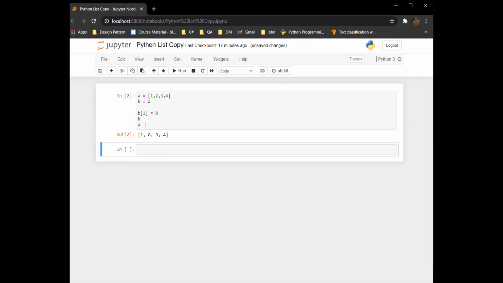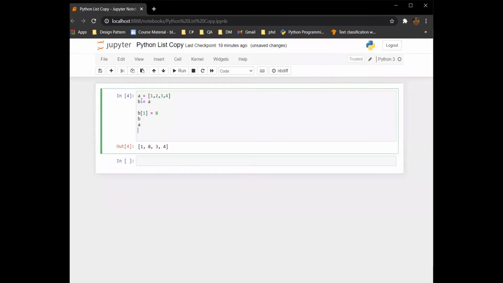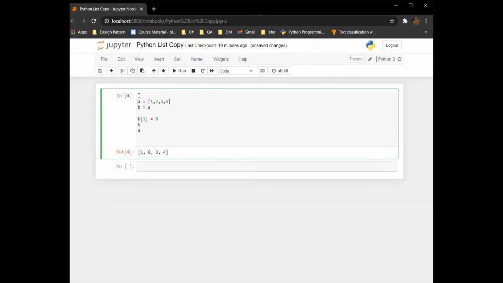But if I want to create a copy of list A, but I don't want to copy like this, that if data in one list is changed, it is changed in the other one as well. So this was all copy by reference, because it is changing the value within both of the lists.